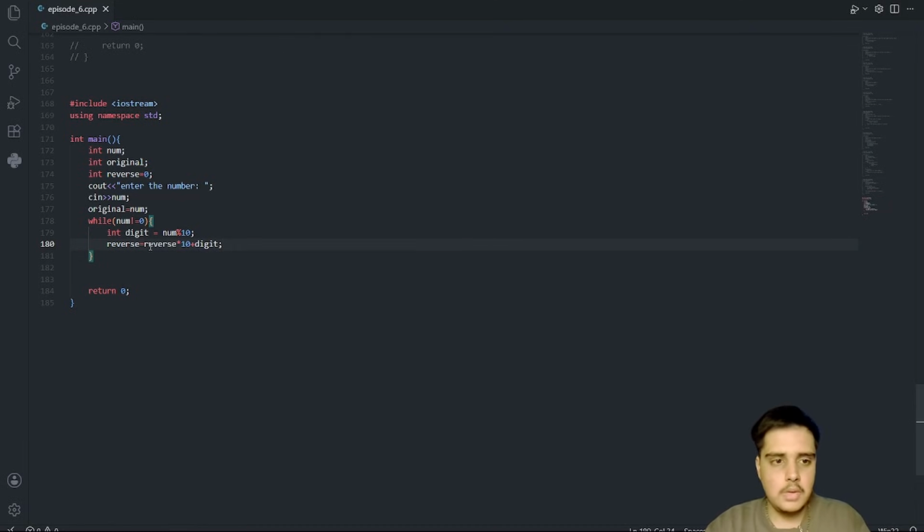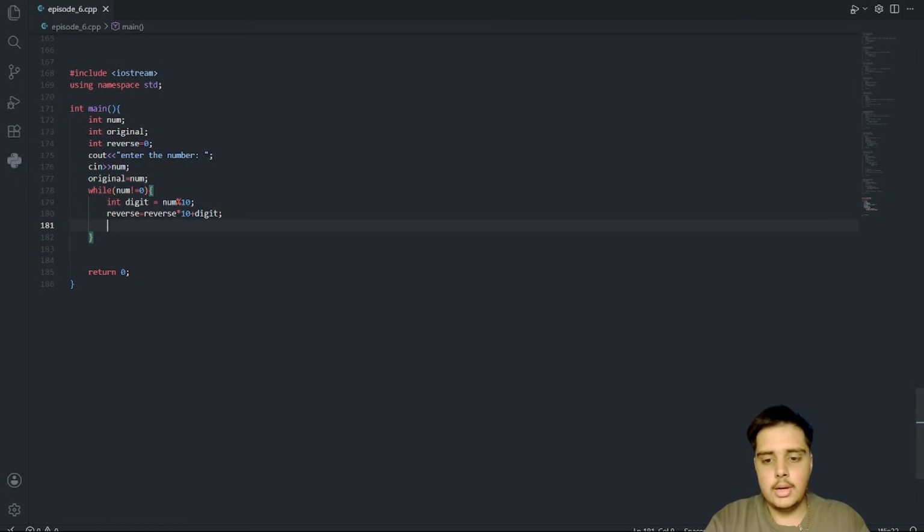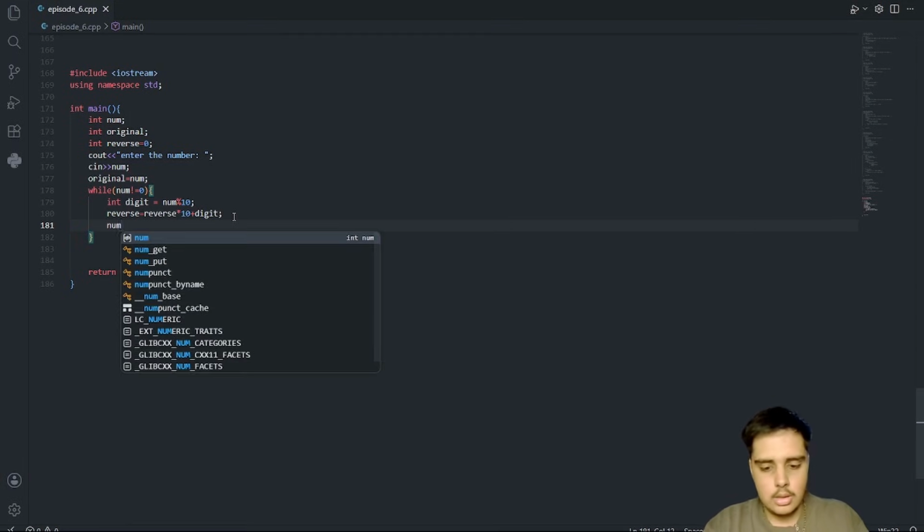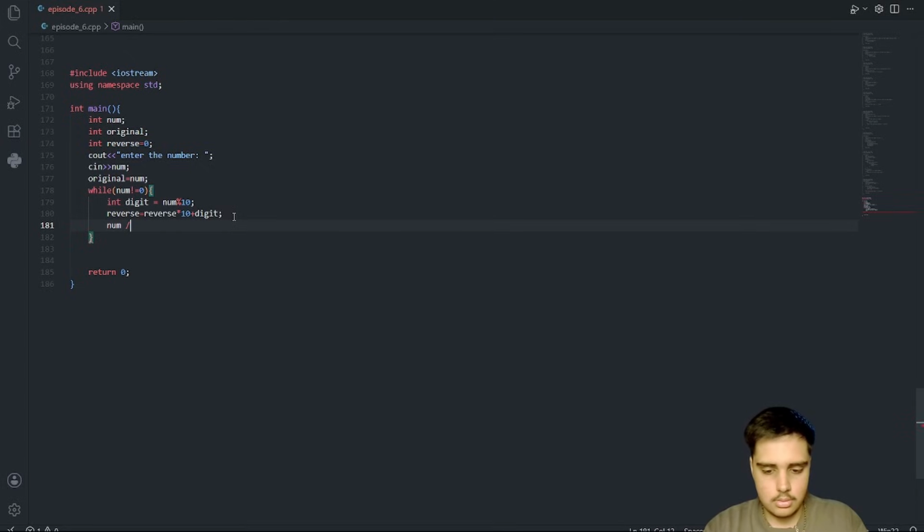The same way we have done in the last question, but it will include a little higher difficulty also. The last thing is num divide equals to 10, and our while loop work is done.